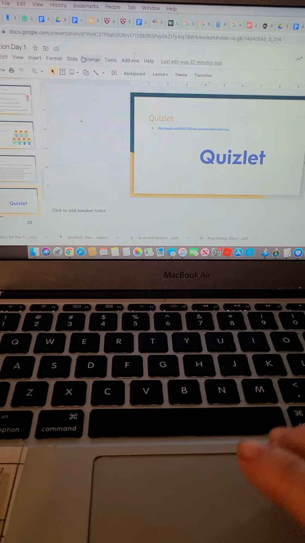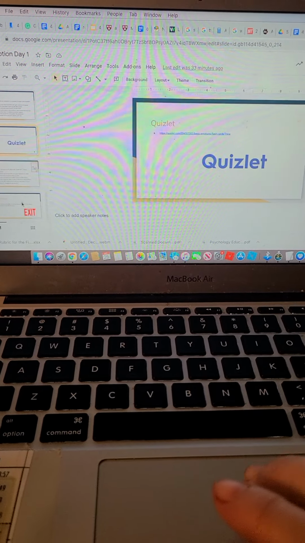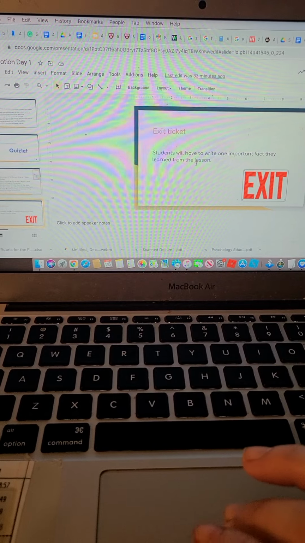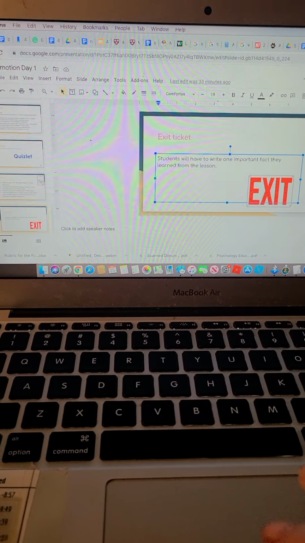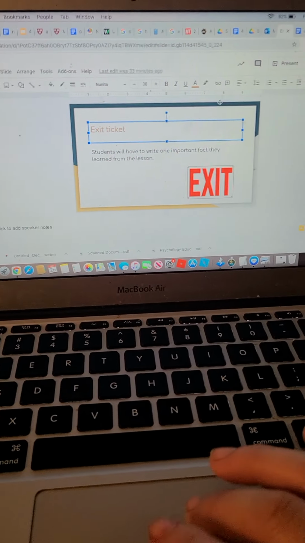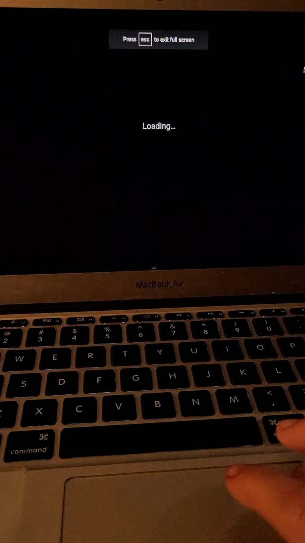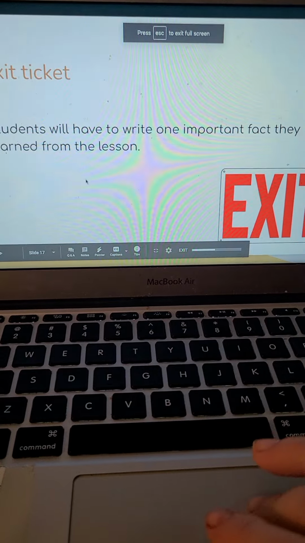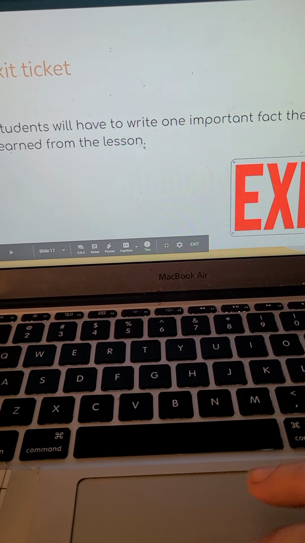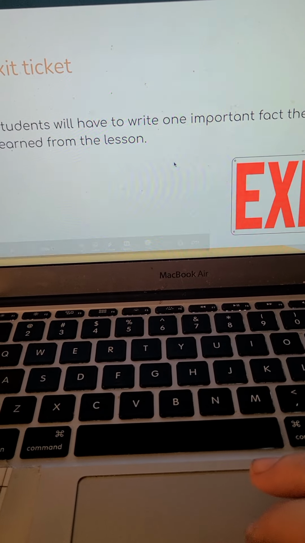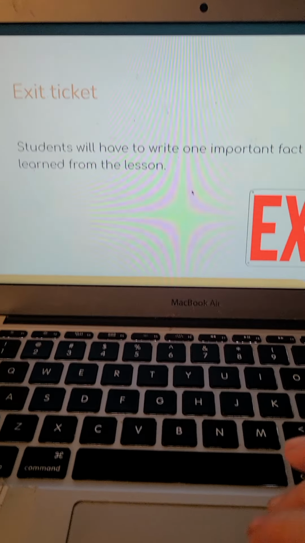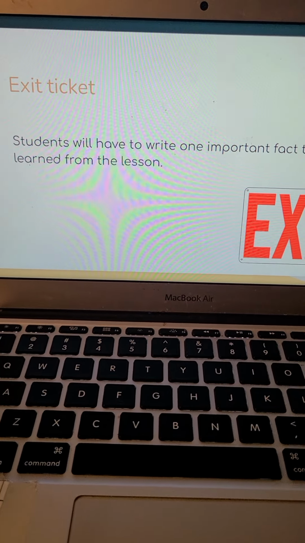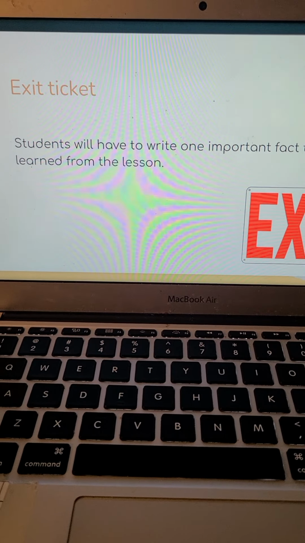I'm sorry about that, I forgot to mention it. Okay, my exit ticket is just to write one important fact that they have learned from the lesson. My goal with these exit tickets is just to make sure the students are learning everything. If they cannot give me just one sentence of what they have learned, that means that they're getting stuck, and they have to write their names. So that's why